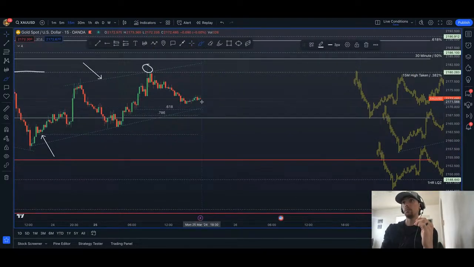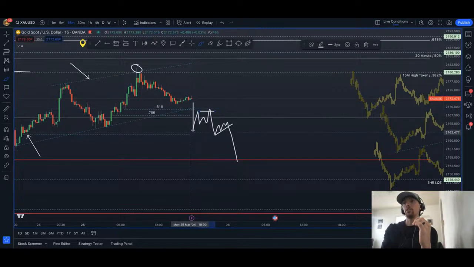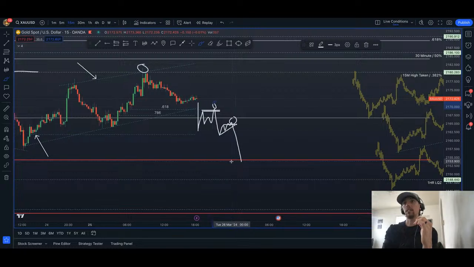Because if we get a break below here, that would actually be even more ideal. Might seem crazy to some, but if we get a break below here, you would have bigger points where liquidity was left behind. That price would want to go up and collect price in these areas before heading to the